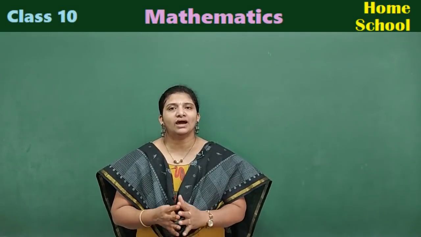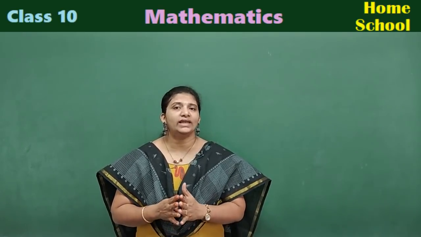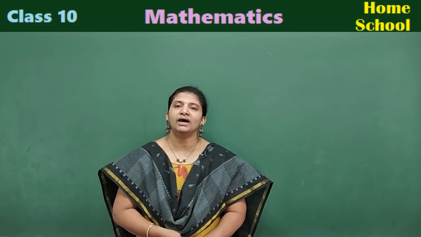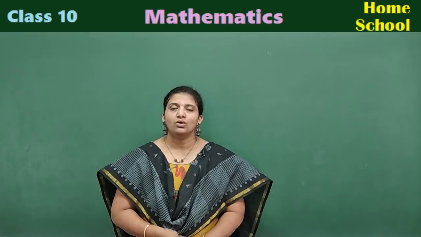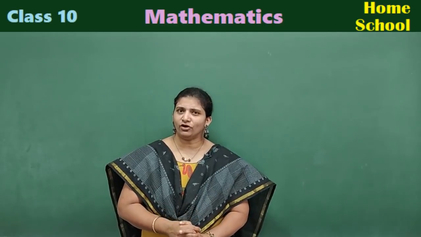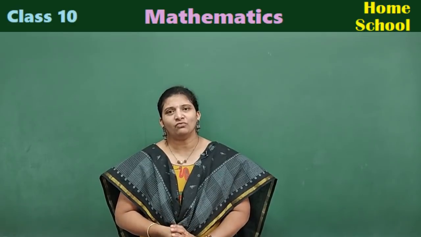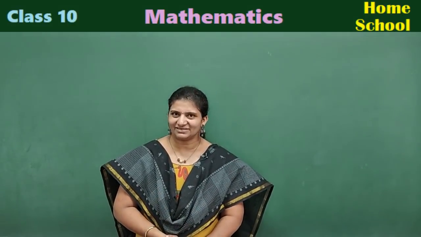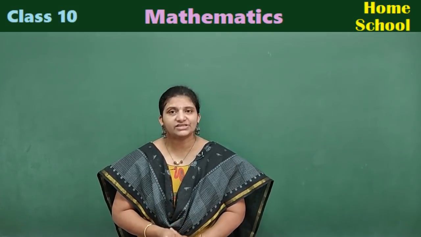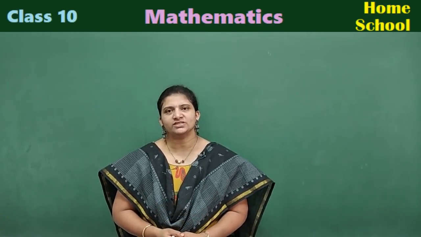According to your Karnataka State Board, your paper pattern has already changed and you'll be having only 2 papers. In your first paper, mathematics, science, and social you are going to write combinedly for 120 marks, whereas mathematics you are going to write only for 40 marks. And in those 40 marks, we can expect minimum 10 questions from the formulae you have in your class 10 mathematics. So this session we are going to start with all the formulae, and from the next session onwards we are going to discuss each and every chapter, with minimum 20 multiple choice questions.